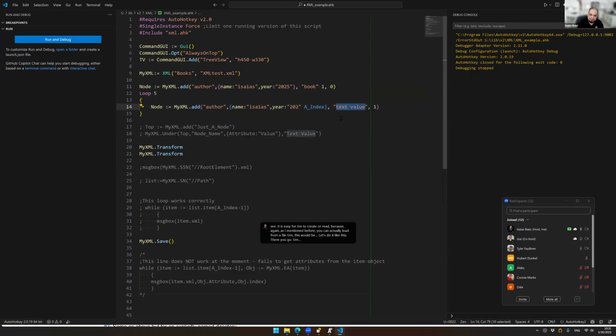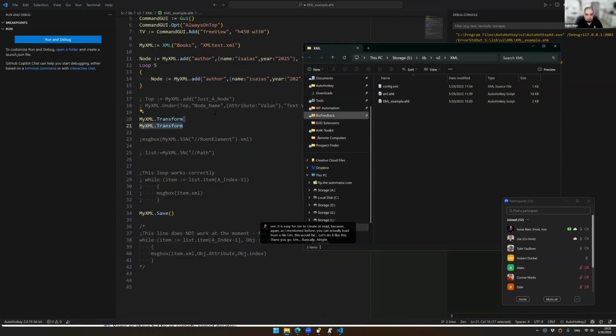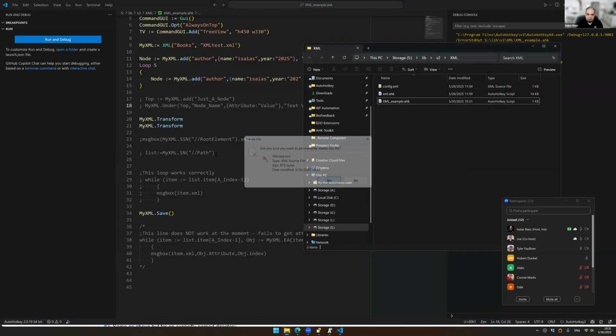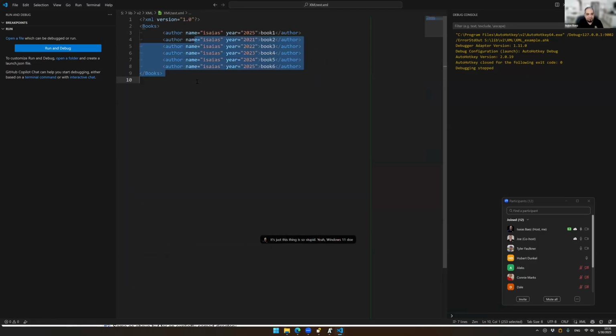Basically. All right. Windows 11 doesn't update the files. There you go. So now it just created them